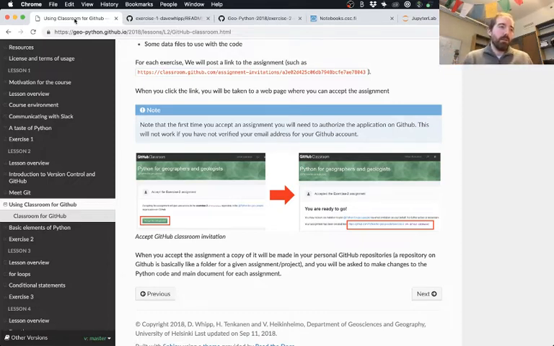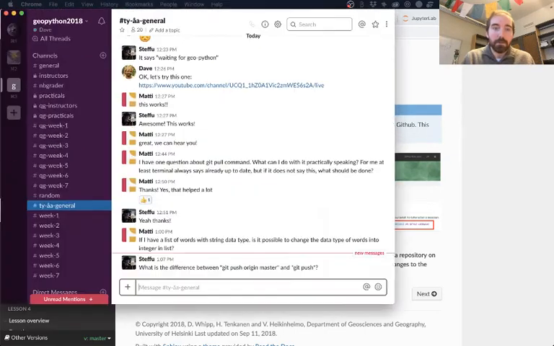If you said I want to update from my master branch on my local machine to the develop branch on github.com, then you could do something like git push origin develop, and that would then say, okay, I want to go to a different branch name. But yeah, the origin here, I guess you can't see Slack, but if I put it down here, maybe you can see what I'm talking about.